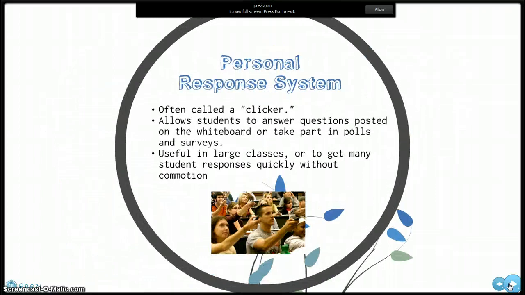Another accessory is called a personal response system, but it's also usually called a clicker. This allows students to answer questions that you post on the whiteboard, and then you would probably have to post the question in the form of a multiple choice or a true and false question, and then students would use their clickers to click in their response, and you would get the results at your computer, and then you could